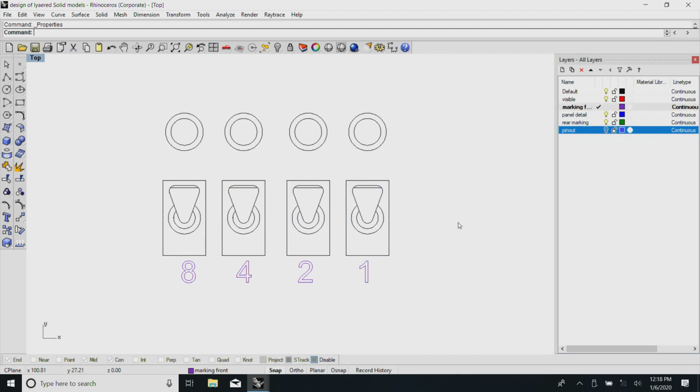These are switched off and these numbers are visible here, and this now can form part of the panel. You have seen this, no? The point is that I will now come to the drilling detail.